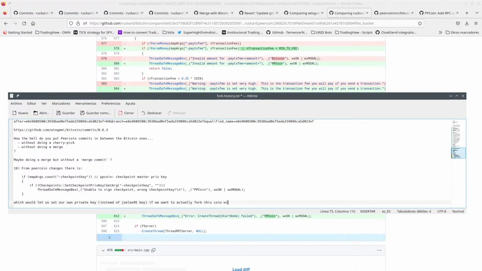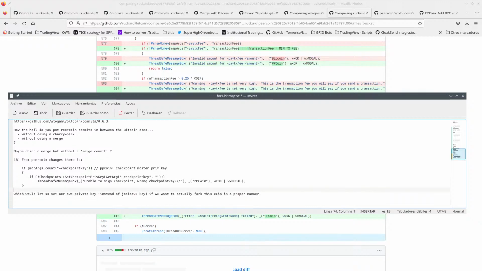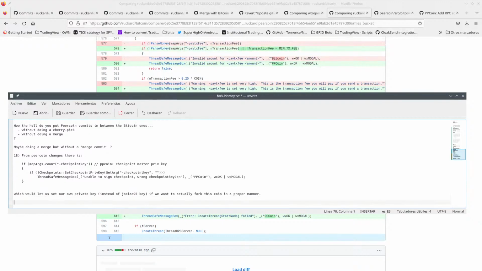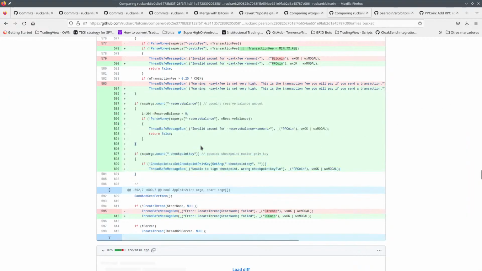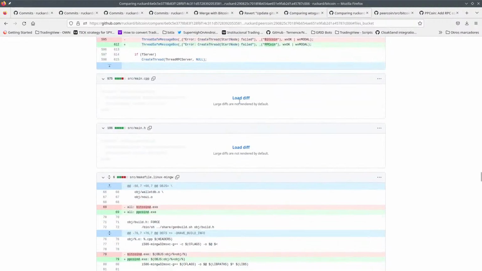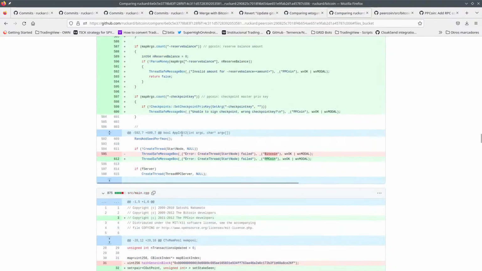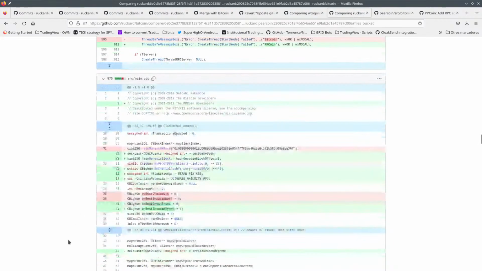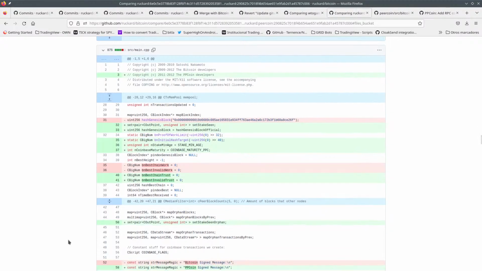in a proper manner, because you want to be able to use a master key for creating checkpoints if someone is being wrong on the network. I do not like this approach, but we will see how we approach this. Okay, so